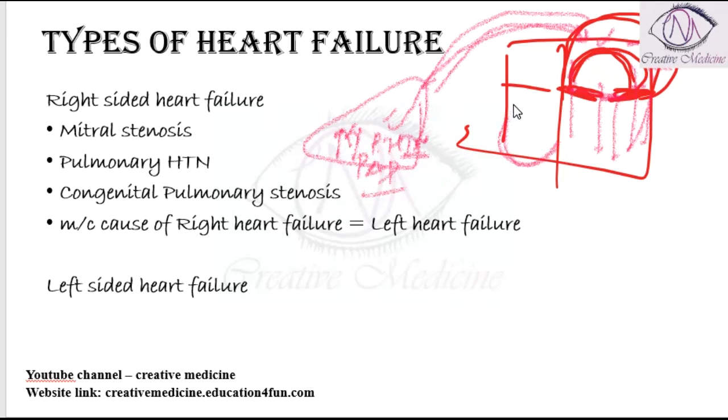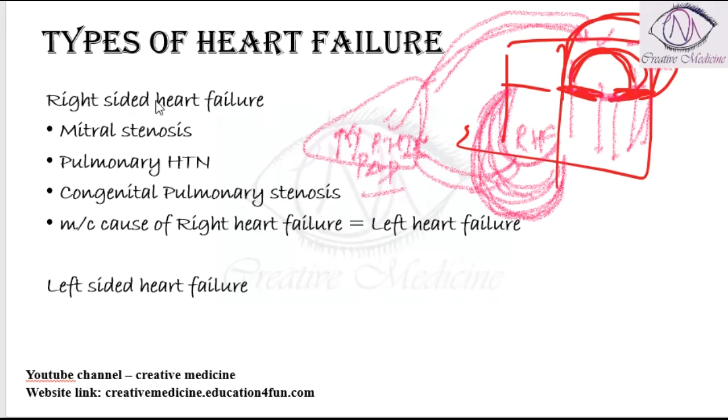Now what happens is, the right ventricle has to pump the blood into the pulmonary circulation. Since the pulmonary arterial pressure is high, the right ventricle will undergo hypertrophy, and slowly it keeps pumping the blood to the pulmonary circulation. But a point is reached where the right ventricle can no longer become more hypertrophied. At that point, the right heart is unable to pump the blood into the high pressure pulmonary circulation. So that is when you see right heart failure in mitral stenosis.